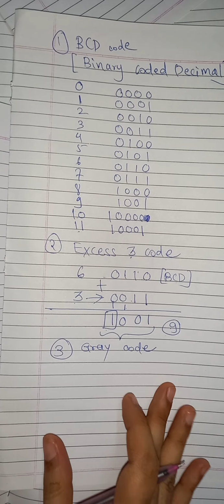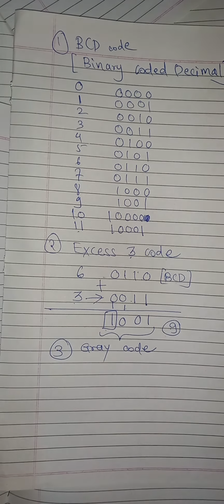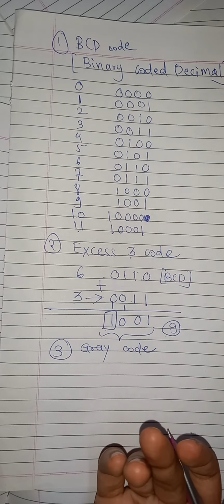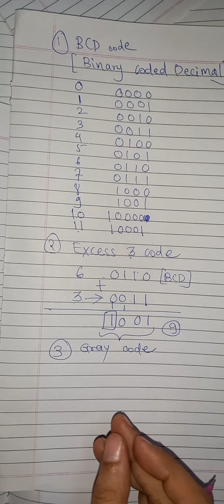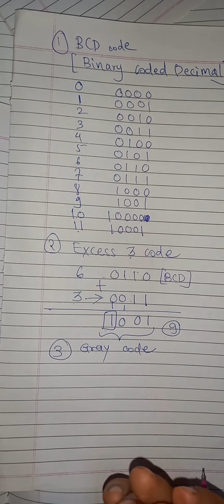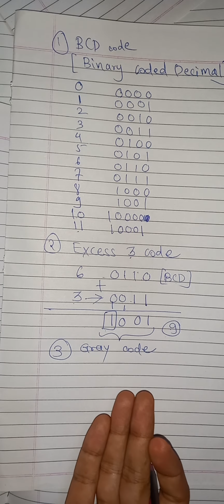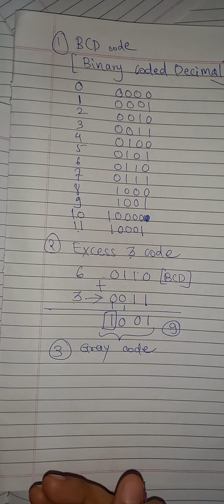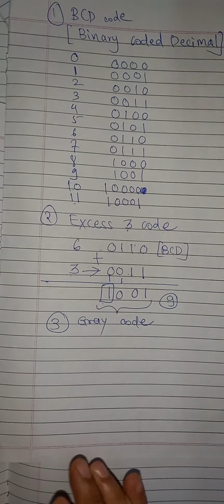Then third is gray code. Gray code finds various applications such as the motor shaft, the K-map, and the LVDT. LVDT in measurements and instruments means linear variable differential transducer. It has an application of gray code. Then the K-map, which we use for minimization of Boolean expressions, also uses gray code. Gray code is also used in electrical motor shafts and other applications. So gray code is very essential in our digital systems.